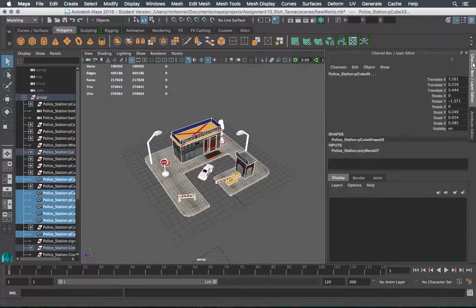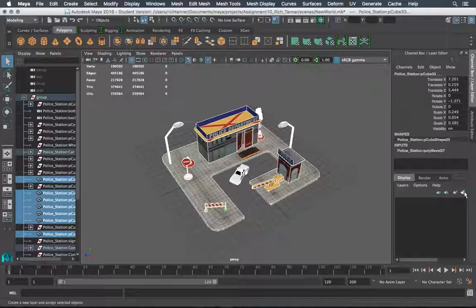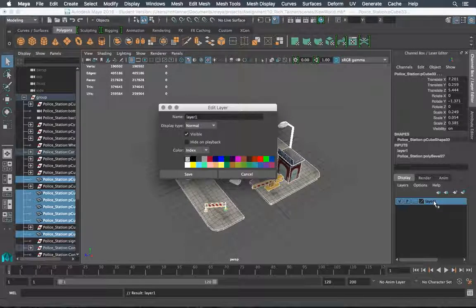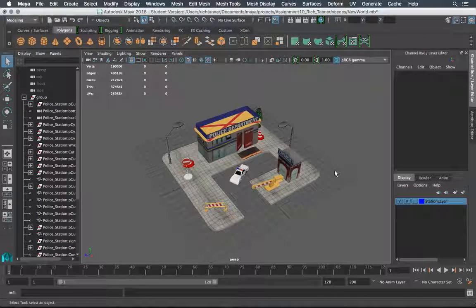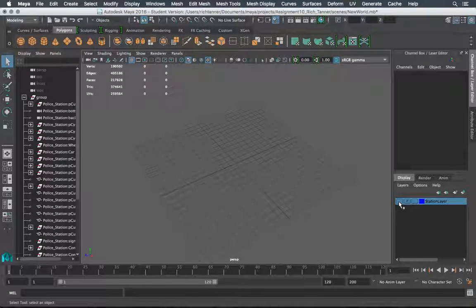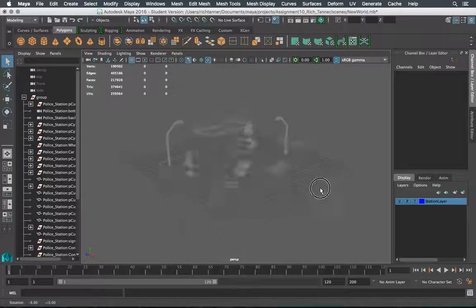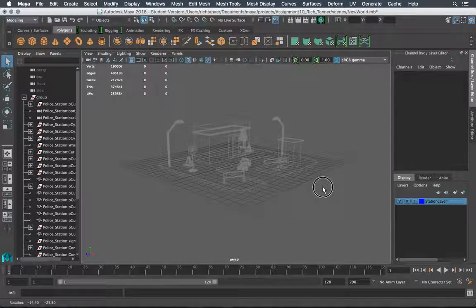and I'm going to come over here to my layer box, create a new layer, and assign the selected objects. So this is cool. We're going to call this station layer. We'll make it blue because, come on, it's a police station. There we go. All right, so from this layer, I can just turn the thing off if I don't need it, or I can change this to just a wireframe,